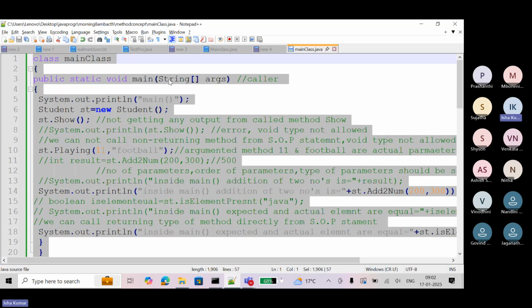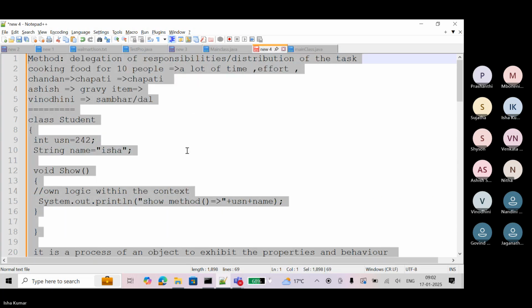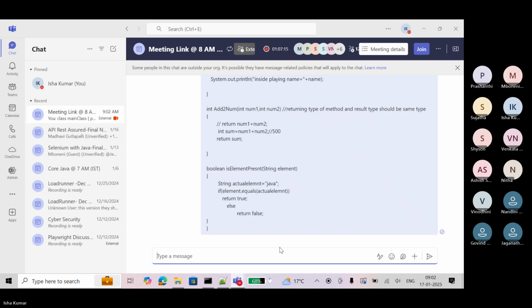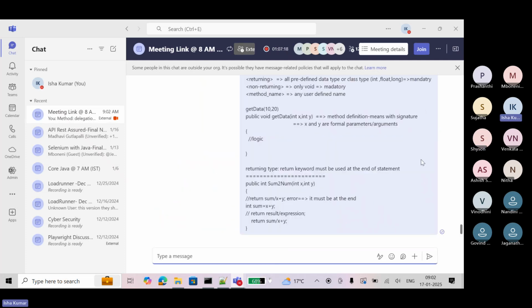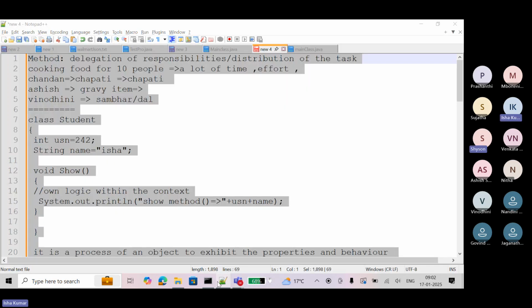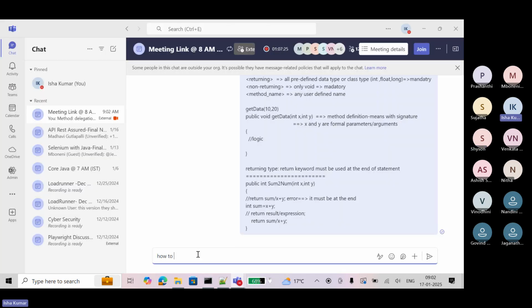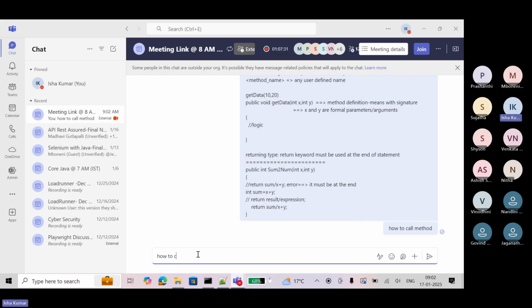Can you break this program into 7, 8 scenarios? See, 7, 8 scenarios are there, if you find them. What are the 7, 8 scenarios? How to call a method. How to define a non-returning type.